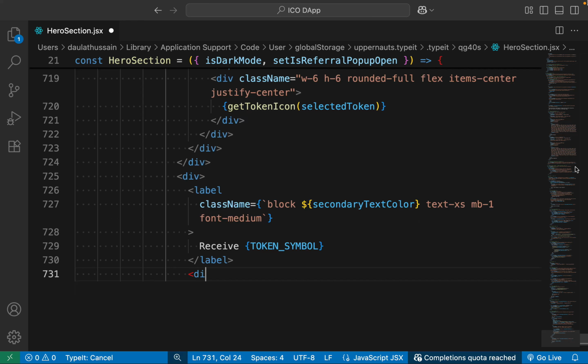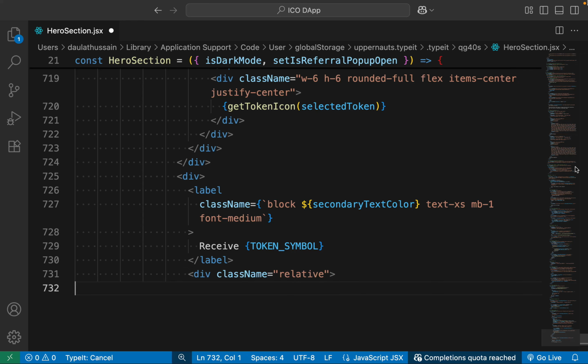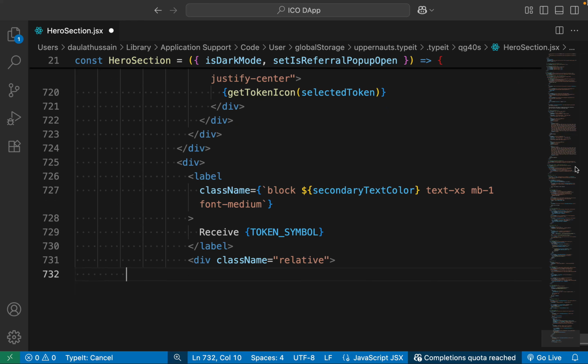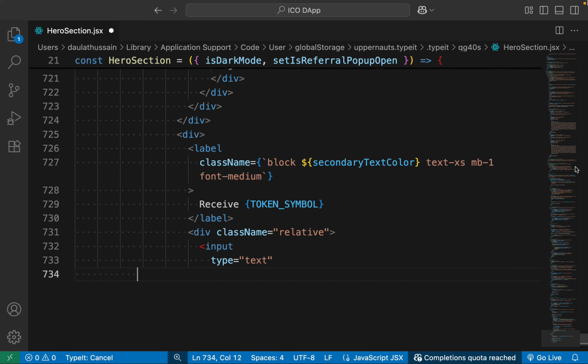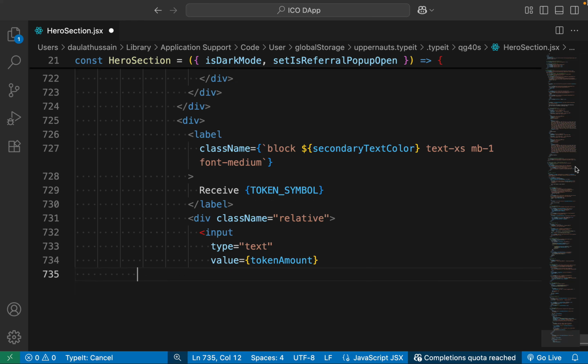Together we will have a class relative. Take the input and let's define the variable for how much token it will get. We'll have a text, token amount, read only,